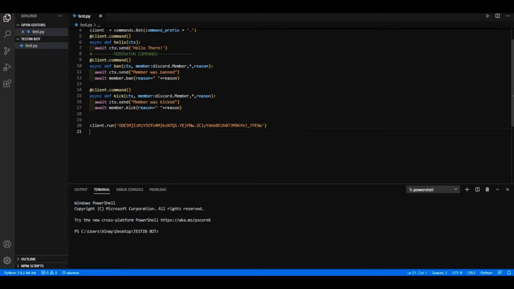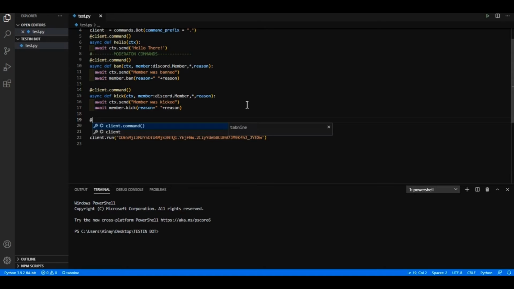In this video I'm going to be showing how you can create a clear command, a whois command and a ping command for a Discord bot. A clear command clears a specific amount of messages. A whois command returns the info about a specific user, and the ping command returns our ping. So let's just get right into it.